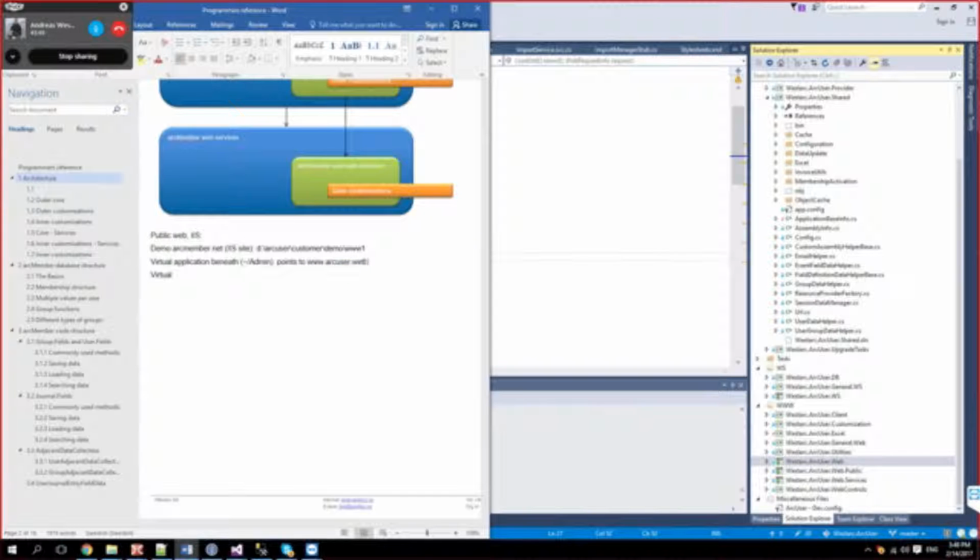Oh, web, not wet. Virtual application. And then we have this public, which points to user web public.